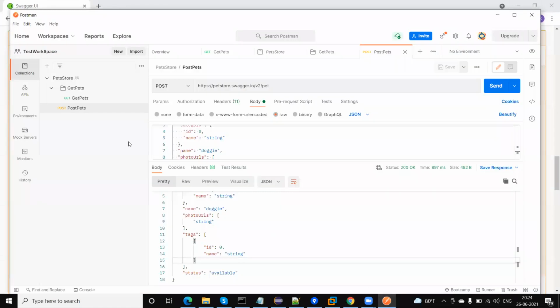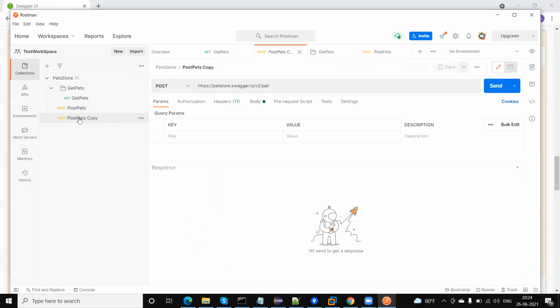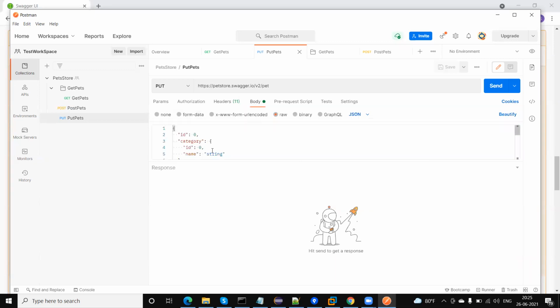So Postman provides one feature: you can create a duplicate test. Just copy this, click on duplicate, this will create a copy of the same test here. Okay, so we can rename this, just rename this to put pets. Okay, and this is a put method, so I need to select put from the drop down. Okay, request URL is the same, so I'm not going to change. Header types, both content type as well as accept are required, I'm not going to change. Body type JSON string is required.